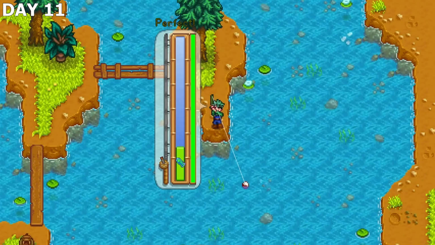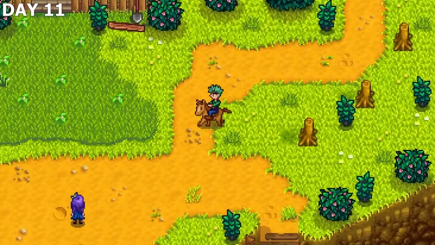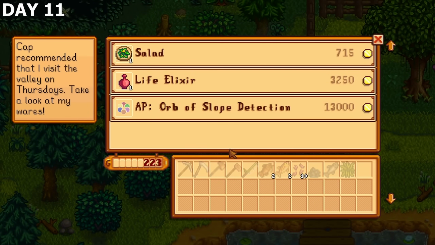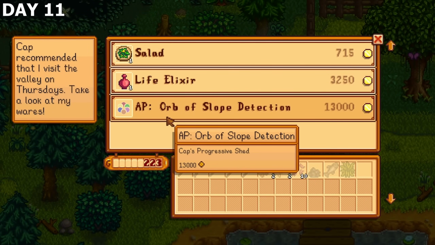While waiting for the luau, I reached fishing level 2 for a traveling merchant stock size. This reminded me that I did unlock the traveling cart for Thursdays, so I headed down there and did in fact find her waiting for me. She offered a random item for 13,000 gold, which would unlock the shed, but of course I didn't have the